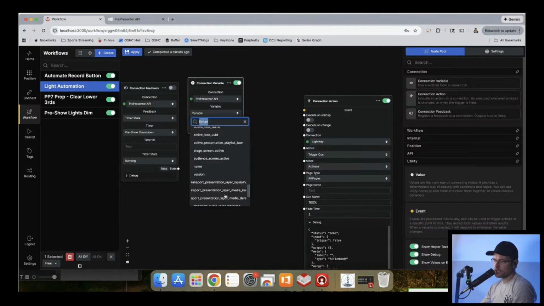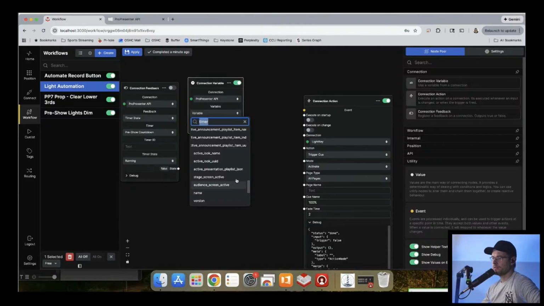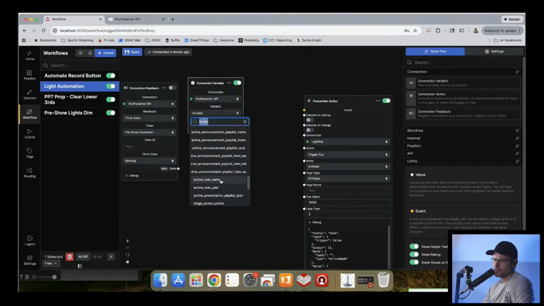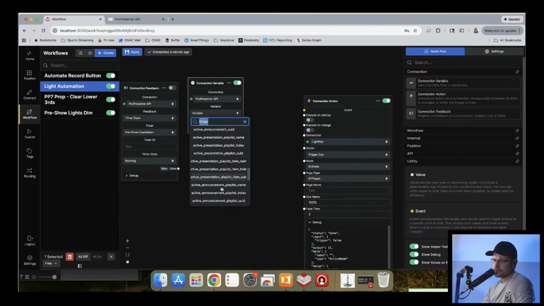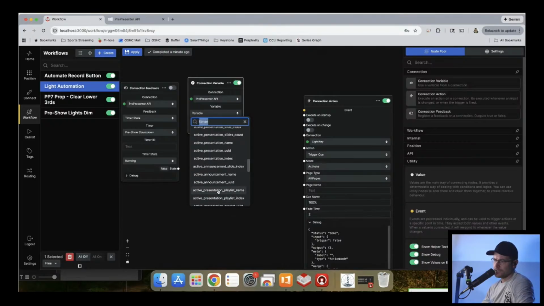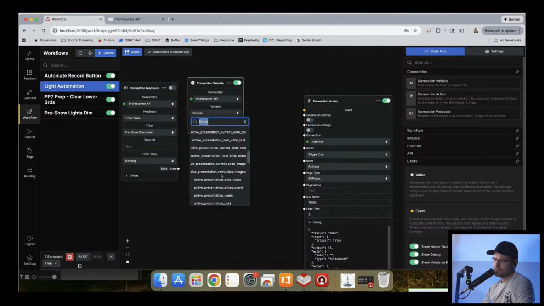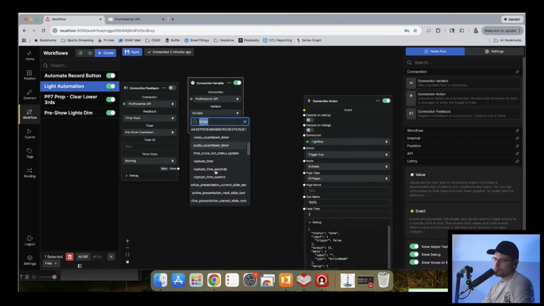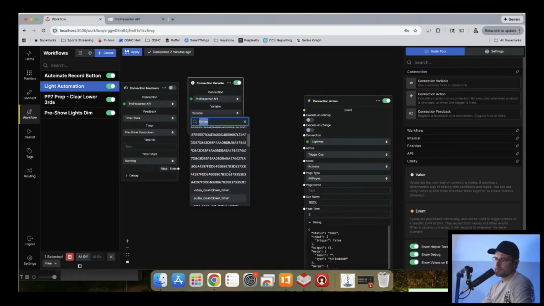Since I've been looking at a lot of these, I'm more familiar with active announcement, active presentation, and playlist, active announcement name, next slide, current slide. So I don't see what I'm looking for here.